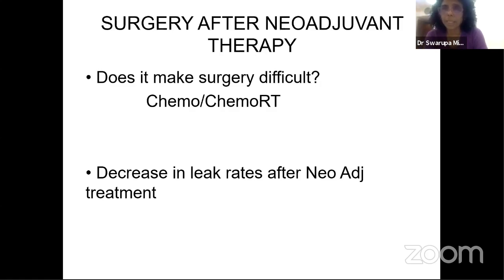So why did it increase? That is probably because the dose we are giving is inadequate. That is an inadequate local dose, probably because of the important organs nearby. And also it is a long duration of treatment, a very long 5 weeks of chemotherapy and radiation therapy. So that probably gives a window for the distant metastasis to come up. So nowadays we have SBRT. We have started doing SBRT, not in the neoadjuvant setting actually, but in patients who were borderline resectable, who have done well with chemotherapy. And these are the patients we have started giving SBRT.